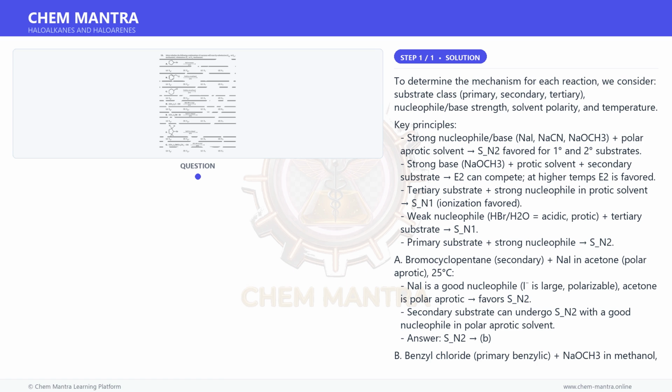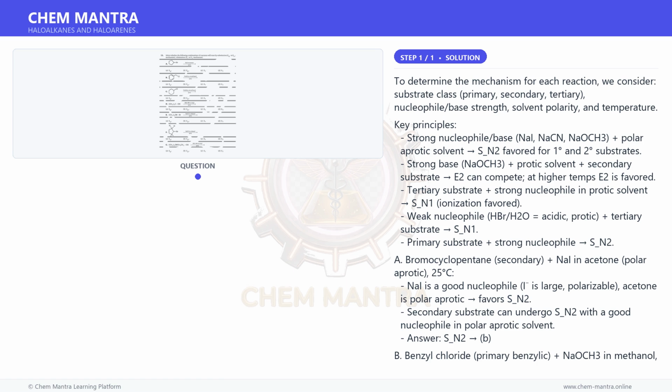A. Bromocyclopentane, secondary, plus NaCN in acetone, polar aprotic, 25 degrees Celsius. CN⁻ is a good nucleophile, it is large and polarizable, and acetone is polar aprotic, which favors SN2. A secondary substrate can undergo SN2 with a good nucleophile in a polar aprotic solvent. Answer: